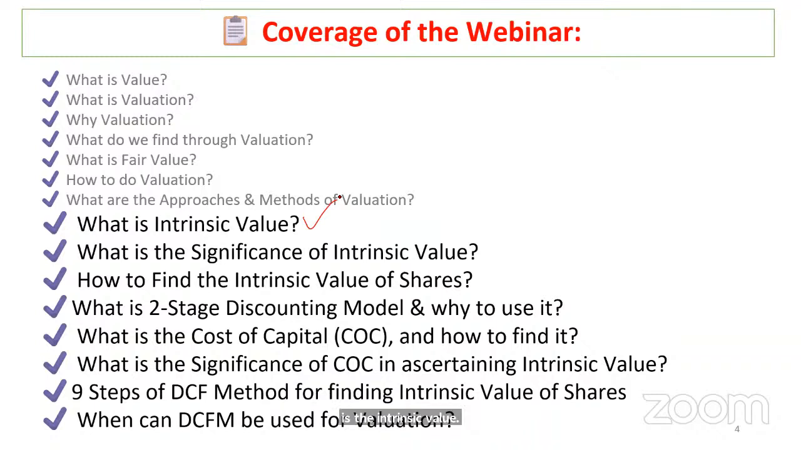Now that you can calculate the future cash flows, now that you can find out the present value of future cash flows, now that you can add them together, and therefore the total of all the